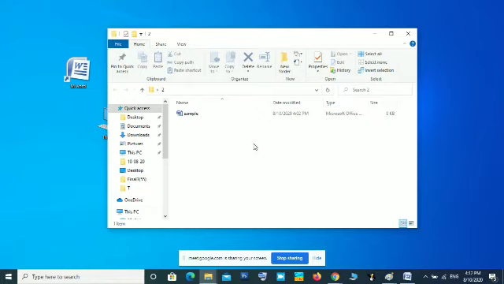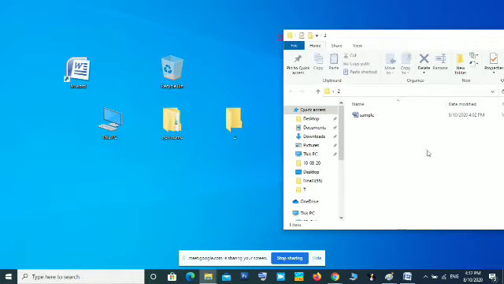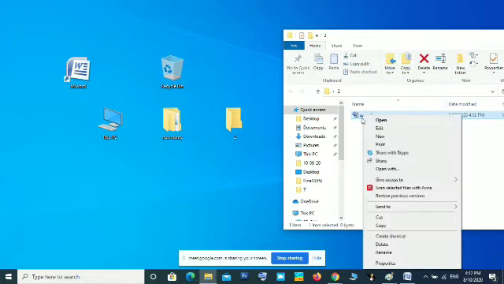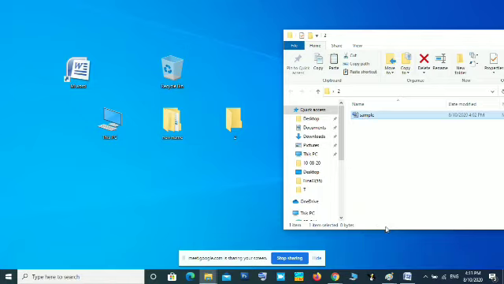If you want to make a copy, you have to use copy and paste. Suppose I want to make a copy of this sample file in both folders, new name and folder 2. In that case, now it is in folder 2. From here, I have to make a copy. For that, I have to right click on that file, then select copy. Instead of cut, you have to use copy. Copy and paste will make a duplicate copy. Cut and paste will move. Okay, you have to know the difference. Now I am using copy option. After that, I am opening the